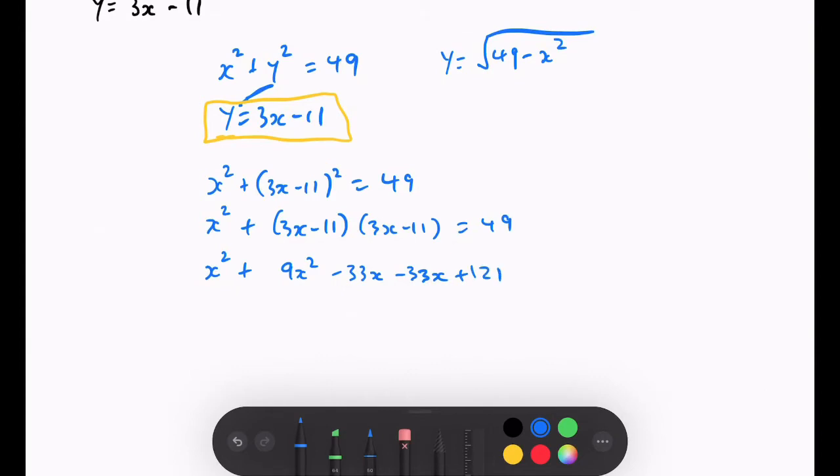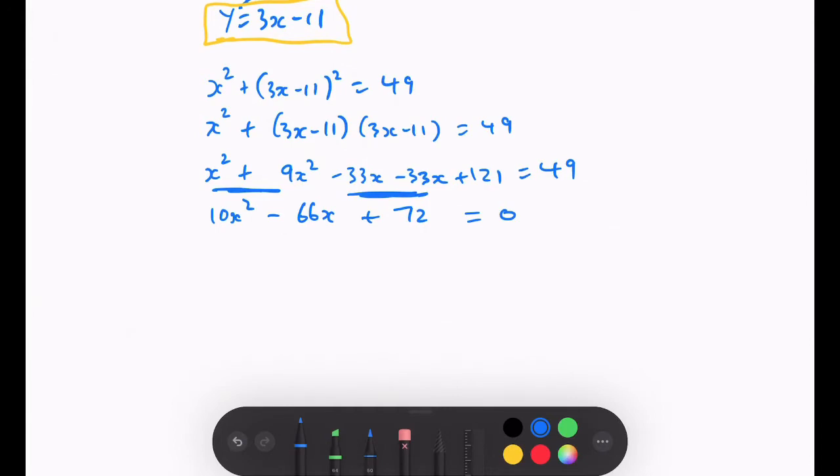That's positive because minus 11 times minus 11, and any minus numbers times together gives you positive. And you should get 10x squared by combining like terms, minus 66x combining like terms, and move the 49 over. You should get plus 72 equals 0. Now you use either the discriminant equation, or if you realize we're not doing an algebra test, we can use